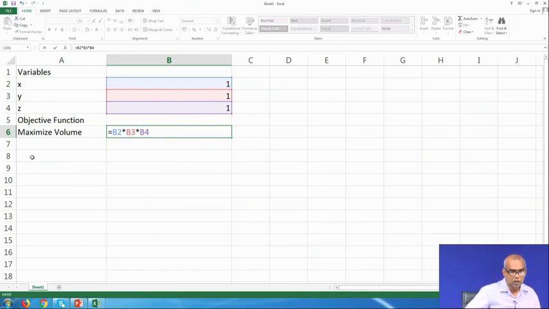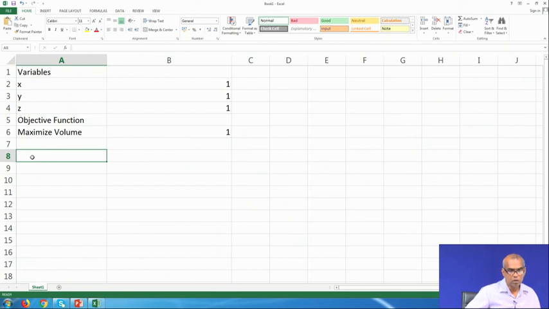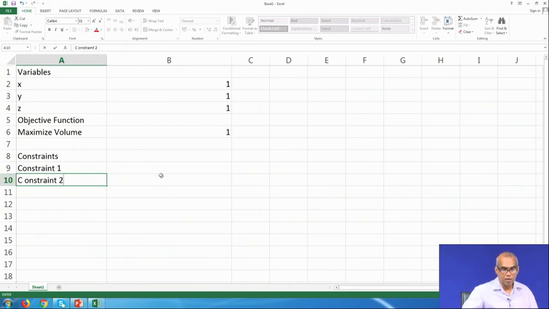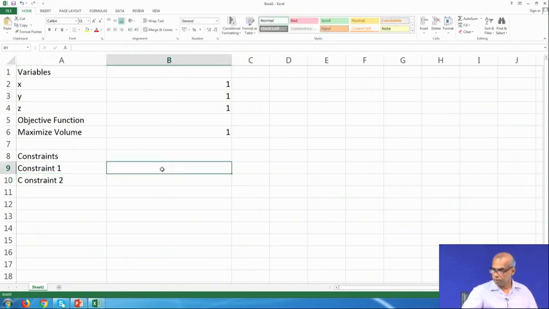Now, let me skip one cell and write constraints, and below it I write constraint 1 and here I write constraint 2. So, what is my constraint? The first constraint is 2xy plus 2yz plus 2zx equal to 2700.